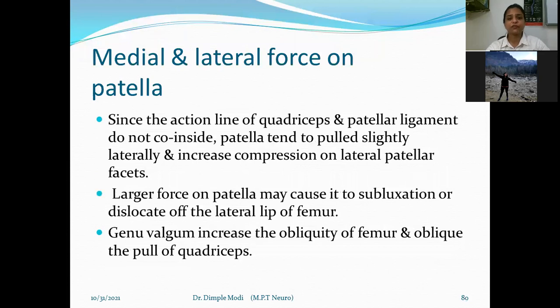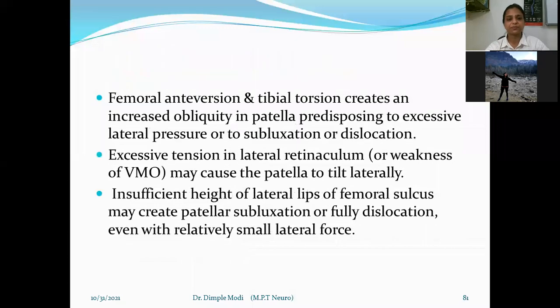Since the lines of action of the quadriceps and the patellar tendon do not coincide, the patella tends to pull slightly laterally and increase compression on the lateral patellar facets. Larger force on the patella may cause it to subluxate or dislocate off the lateral lip of the femur. Genu valgum also increases the obliquity of the femur and creates an oblique force in the pull of the quadriceps. Femoral anteversion and tibial torsion create excessive obliquity of the patella, predisposing to excessive lateral pressure or to subluxation